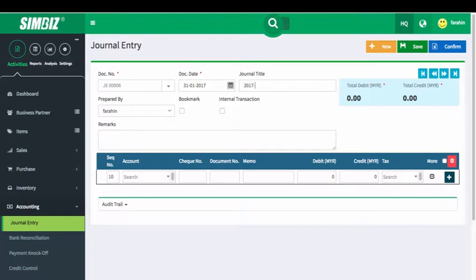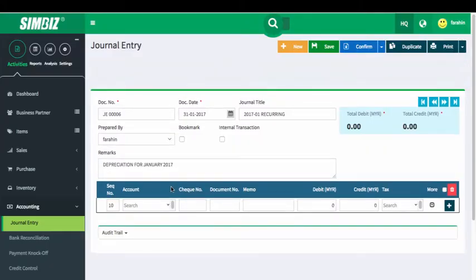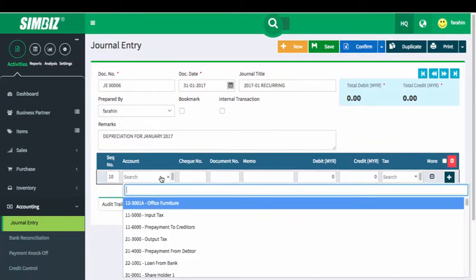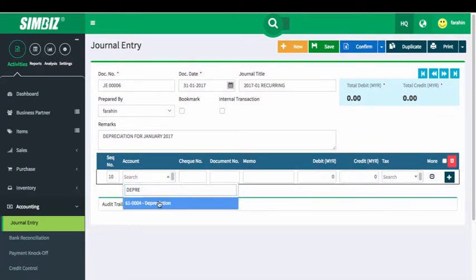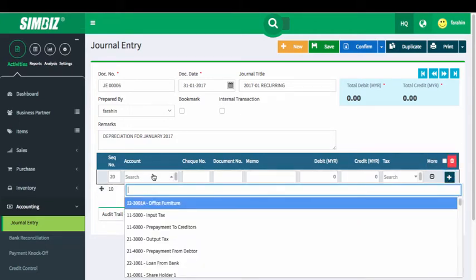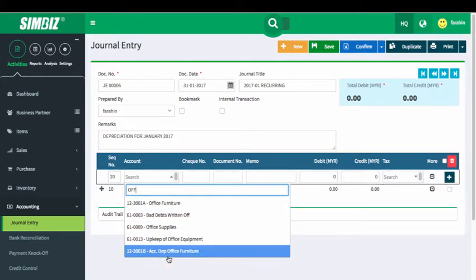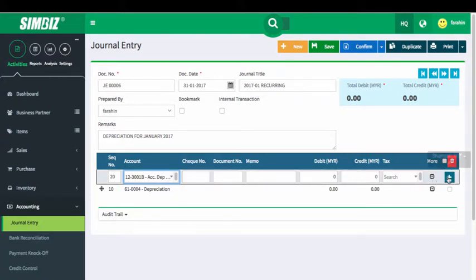And if you have any remarks to put inside this input field, you can do so. And then click save. And after that, you need to select the account. In this case, I'm going to select depreciation account and then click plus icon. And after that, I'm going to select the accumulated depreciation account, which is for office furniture. Click plus. And last but not least is computer system,